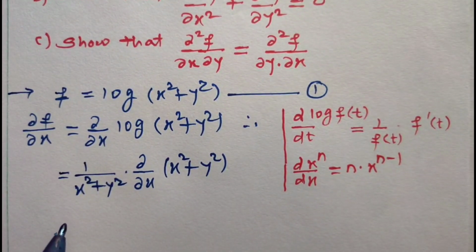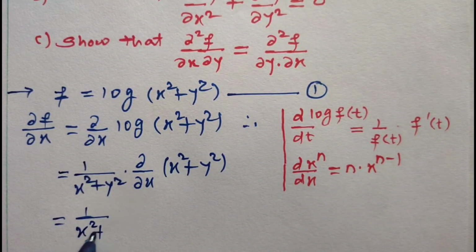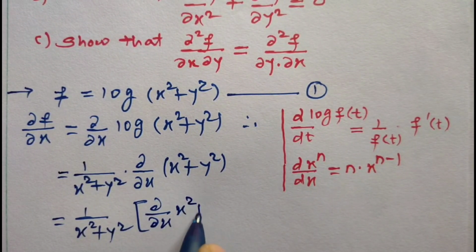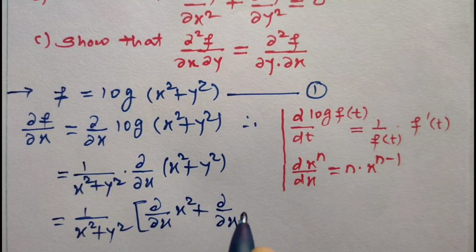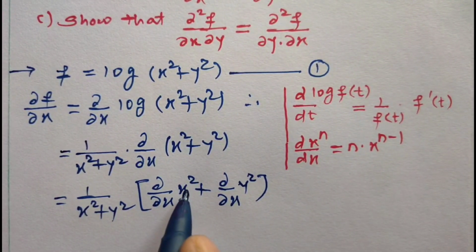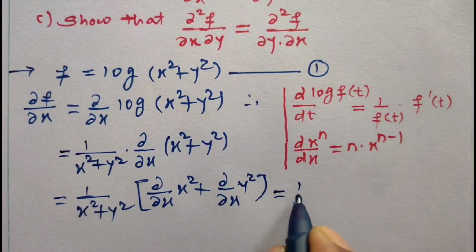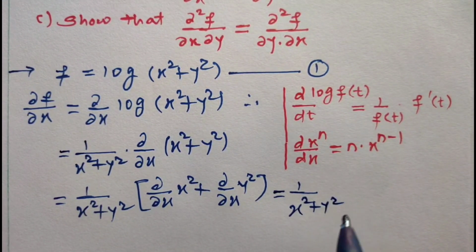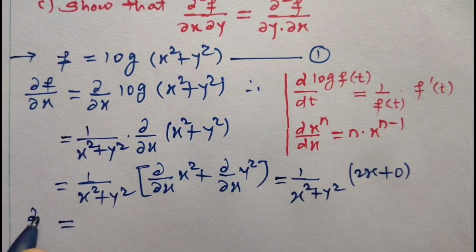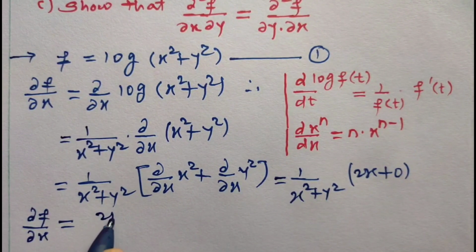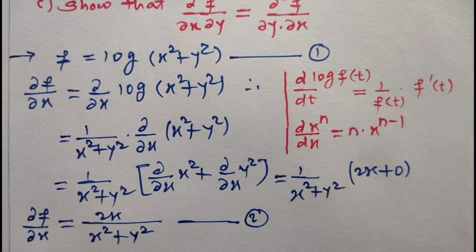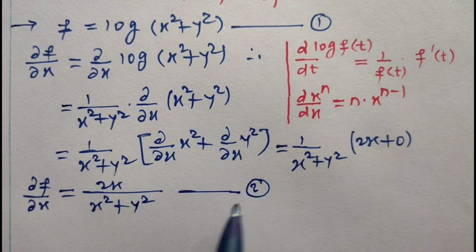So this is equal to 1 upon x² + y² into bracket partial derivative with respect to x of x² plus partial derivative with respect to x of y². Derivative of y² with respect to x is 0 and the derivative of x² is 2x. So this is equal to 1 upon x² + y² into bracket 2x + 0, and this is equal to: partial derivative of f with respect to x is equal to 2x divided by x² + y². Consider this result number 2, and then